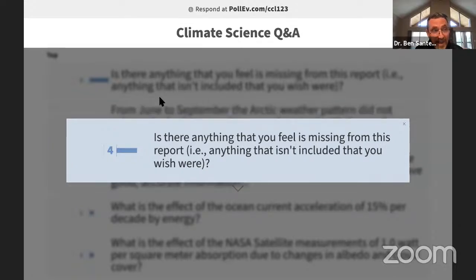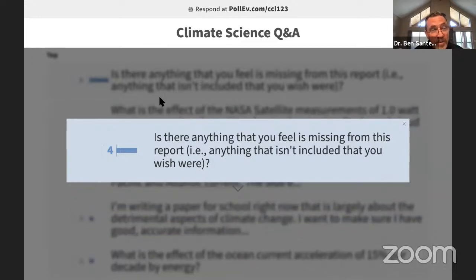There are always things missing. Reducing our understanding of the physical climate system and reducing tens of thousands of scientific papers to one volume is a tough job. You can never do justice to that. But from my perspective, it's not really what's missing that's important here. It's what's included that's important. And what's included is this one word, unequivocal,